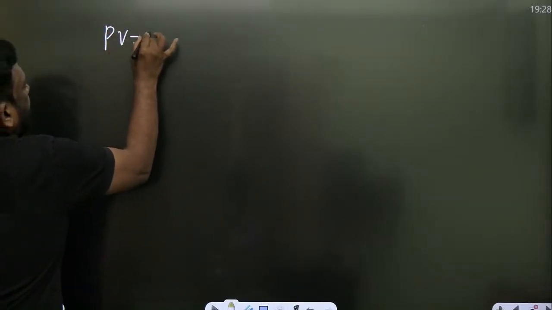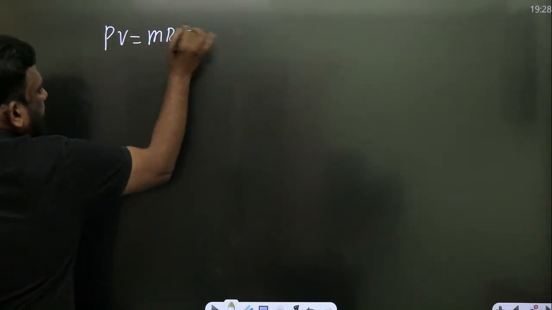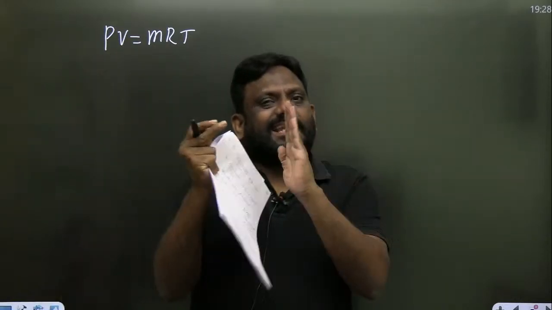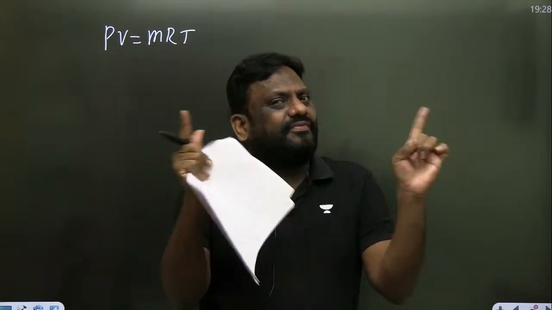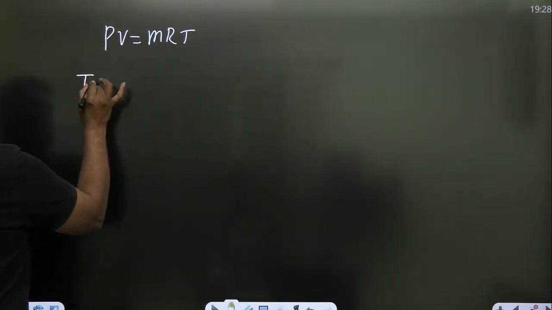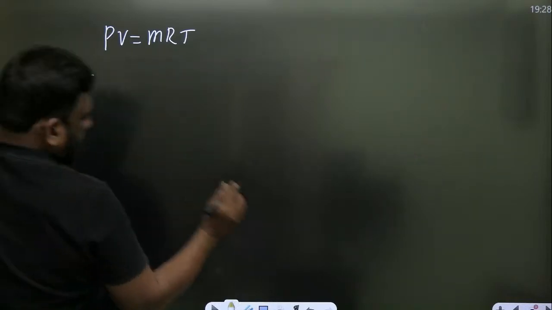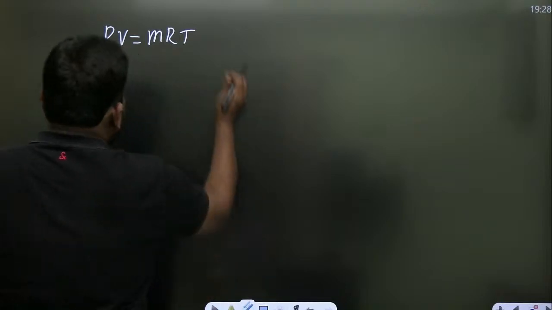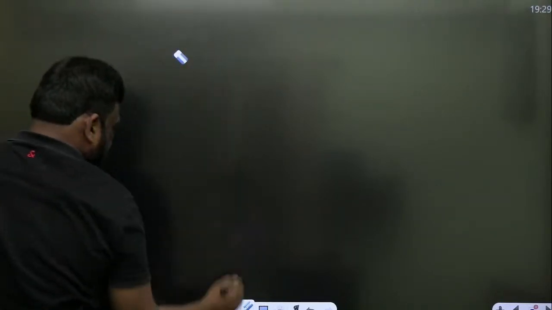PV is equal to mRT. Okay, so look, simply the partition is sliding. There is no mixing between gases. So therefore, I will write, my dear students, T is equal to, listen carefully, V has come. But T is difficult to get here. Final pressure is not known, final temperature is not known, so I am not in a position to apply PV is equal to mRT for the final state.